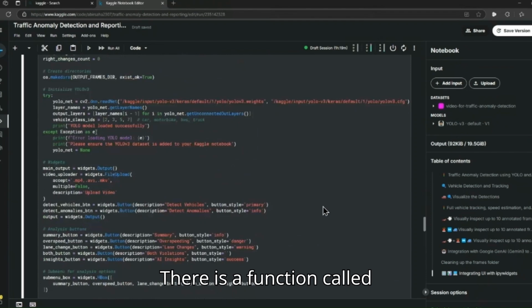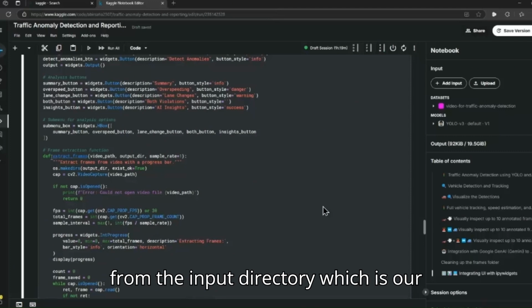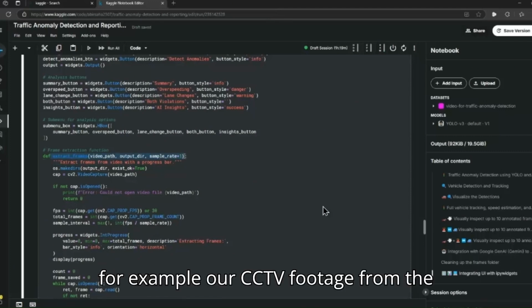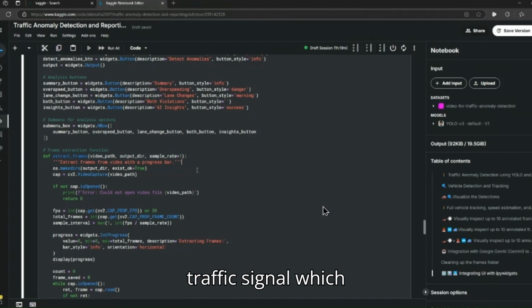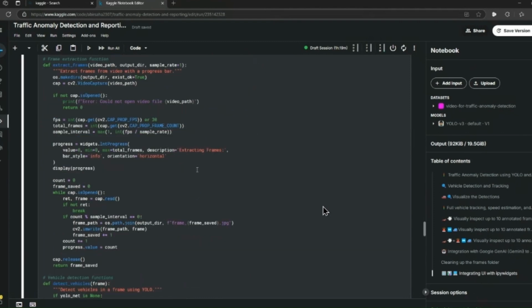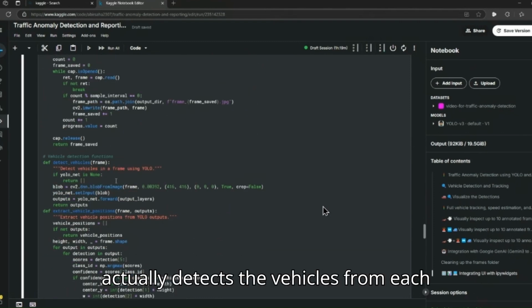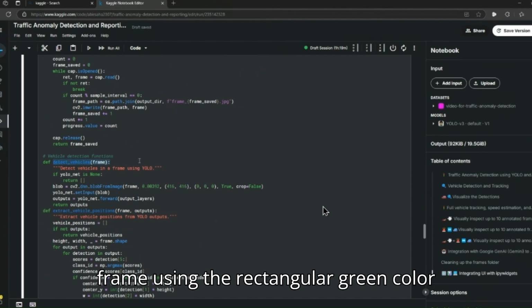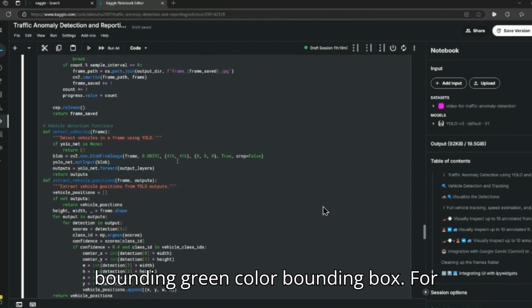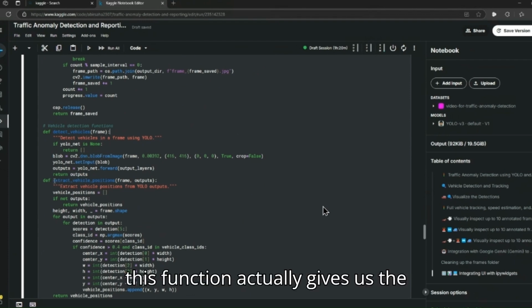There is a function called extract frames for extracting the frames from the input directory, which is, for example, our CCTV footage from the traffic signal, which extracts the frames frame by frame. And in detect vehicles, it detects the vehicles from each frame using a rectangular green bounding box for detecting the vehicles. This function actually gives us the